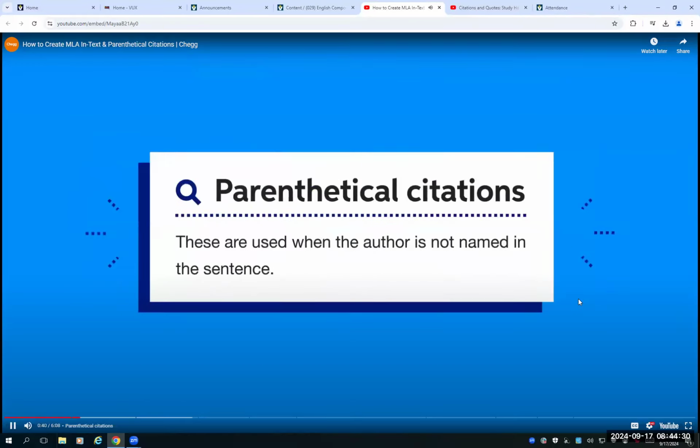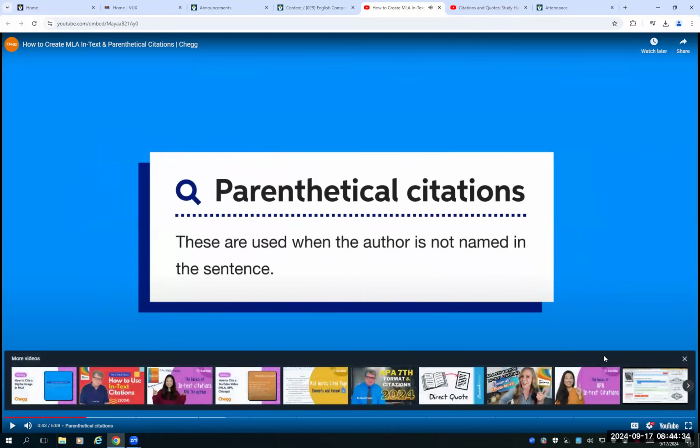A parenthetical citation is used when the author is not named in the sentence. Okay, so in-text citations can also be known as these parenthetical citations, which means you're putting in parentheses within the text